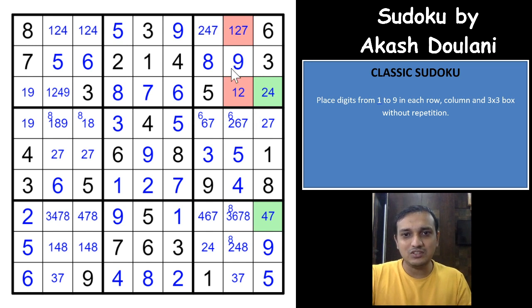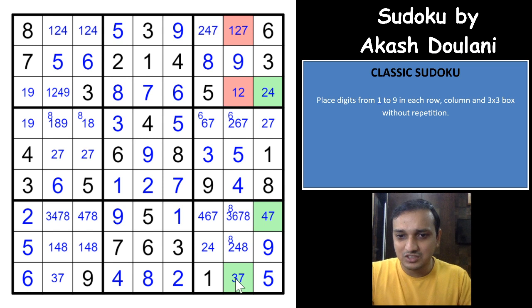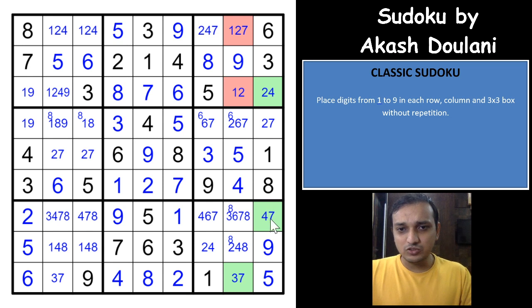What happens here is you will again have to look out for the mutual cells that see both of these cells, the cells which are not seeing each other, the green cells and both the red cells. Both the red cells act as a single cell having 2 or 7, right? Now you have to look out for cells which see both this green cell and both the red cells, which is this cell, and it cannot have a 7. That is the mutual candidate between these three cells, both the red cells and the green cell: 4 7, 2 4 and 2 7. So 7 is the mutual candidate between these cells, and 7 cannot be here.